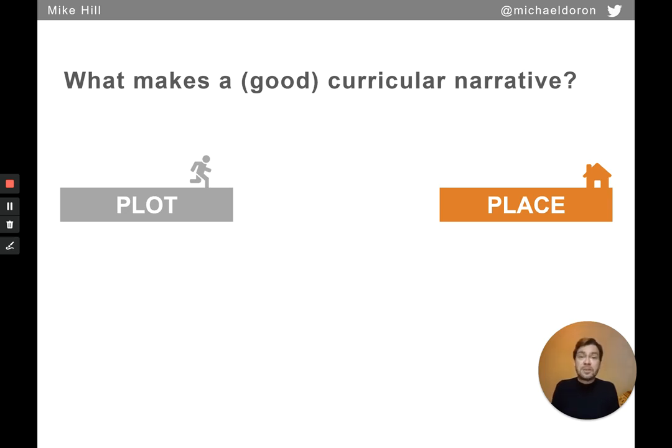And similarly, if you wanted to take the plot of Oliver Twist and make that happen in the Highlands of Scotland, that story or that plot probably wouldn't even work anymore. So the place of the narrative is really important to the narrative itself. And in history teaching, of course, this is given another layer of complexity, because the places in which narratives unfold are imagined places. You can't really know what it looked like, and we can't go out and see it.